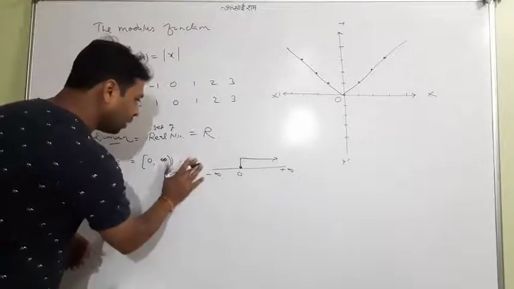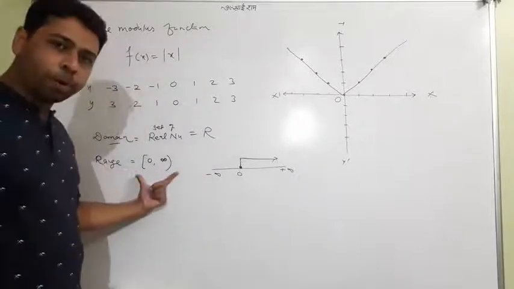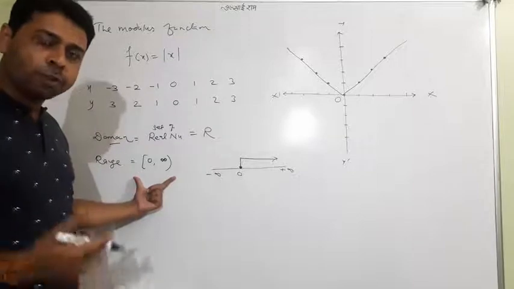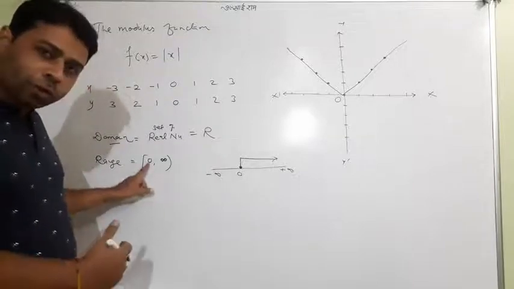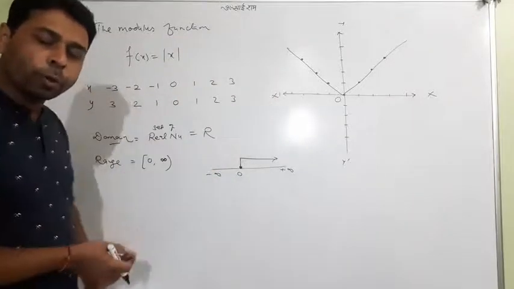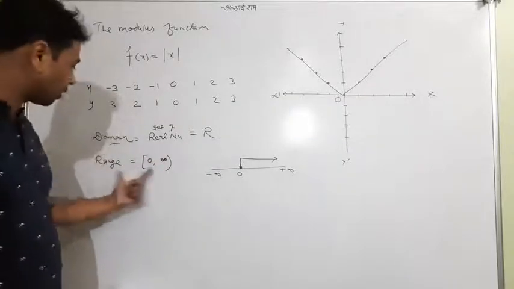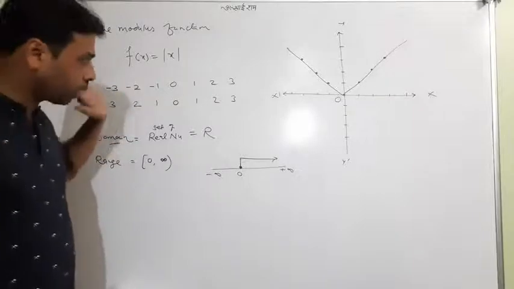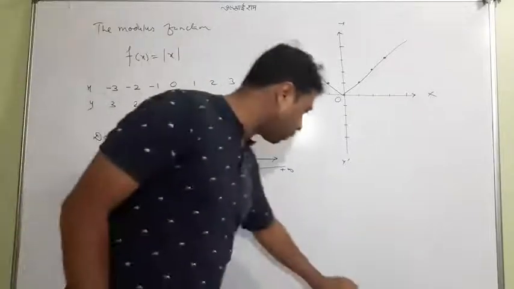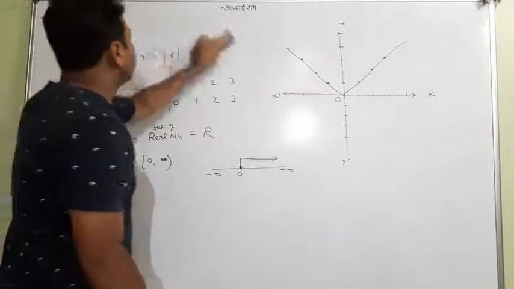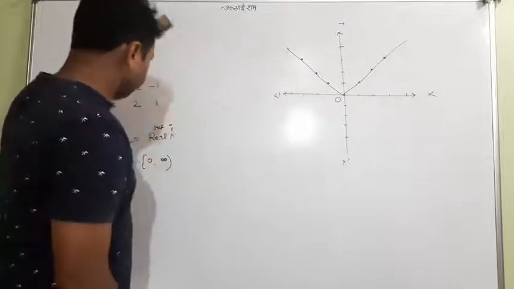But I would say that you should give the range in this format. It is a very clear format that one should know, that along with 0 and all positive, the positive side till infinity is always excluded, you know it. This is a range set and this is a domain. Okay, so this is the modulus function which I wanted to tell you. I've explained. Okay, now I'll move on to the next.